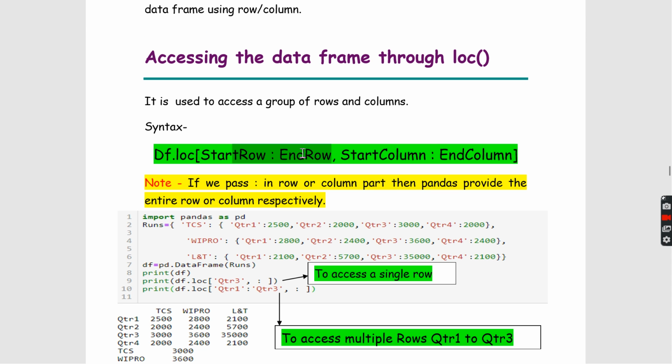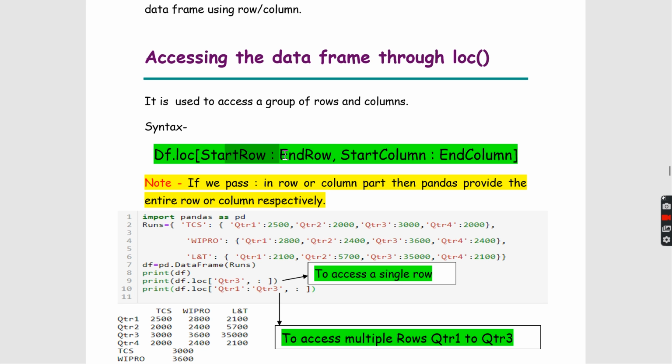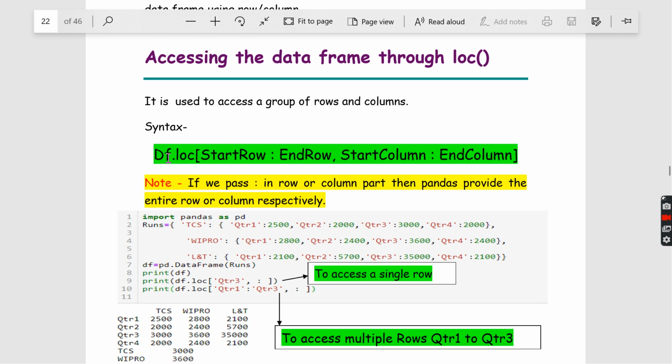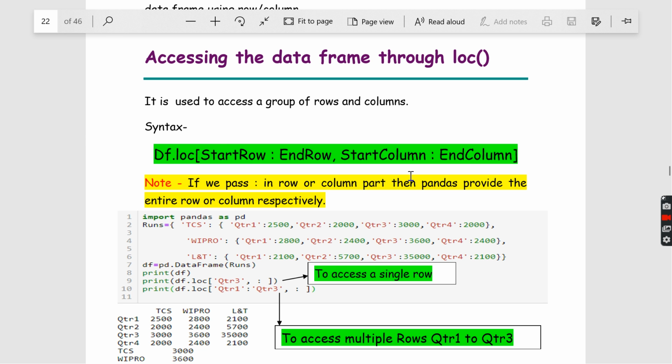In rows, from which row are you going to slice? Suppose you want to slice rows 1 to 5, then you have to pass the loc index 1 here, and 5 here. So the row index will be given like this, and the column index also should be given here, since a data frame consists of rows and columns. According to the parameters passed, the data frame will be created, meaning the sliced data frame from the original will be printed. Okay.